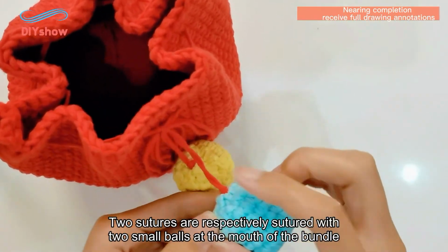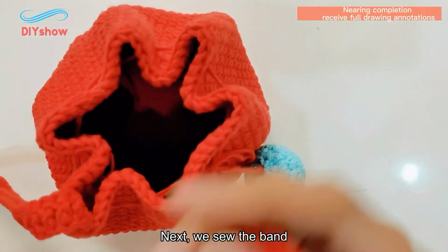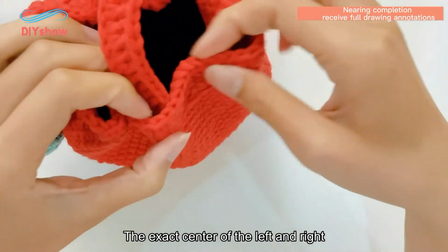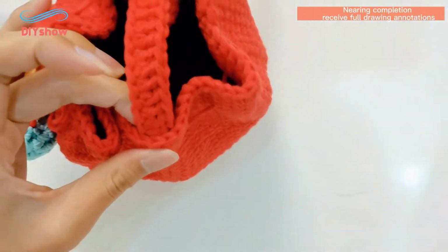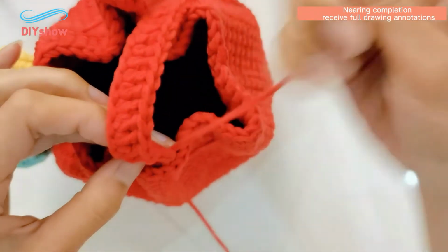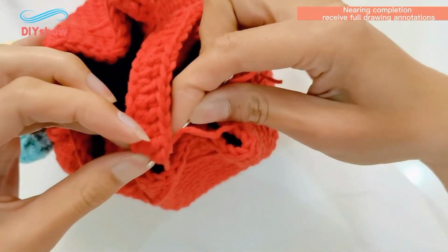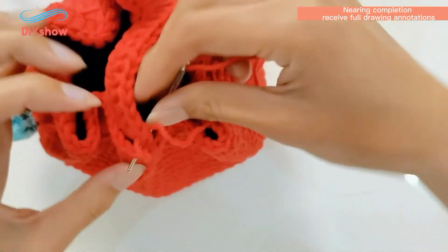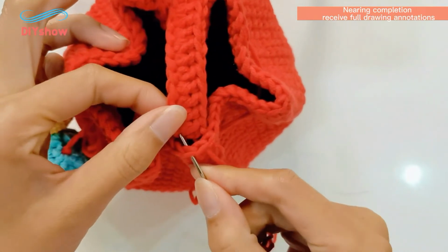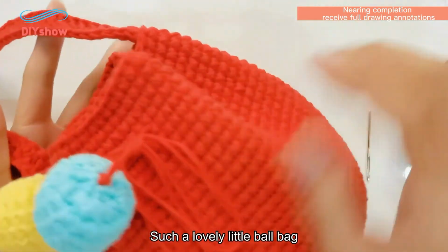The 2 ends are respectively sewn to the 2 small balls at the mouth of the bundle. Next, we sew the strap. Sew the straps on both sides, at the exact center of the left and right. Such a lovely little ball bag. We've already crocheted